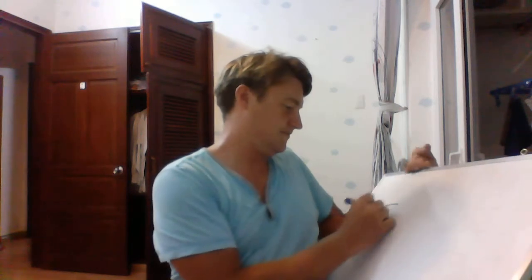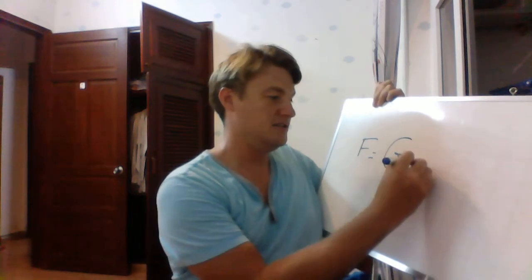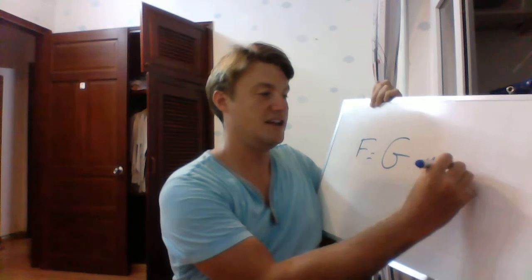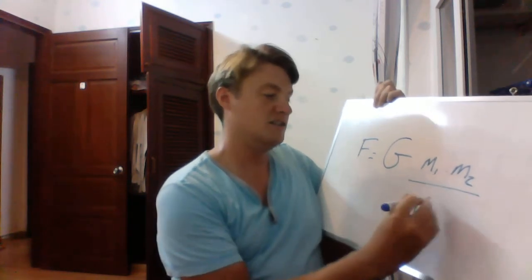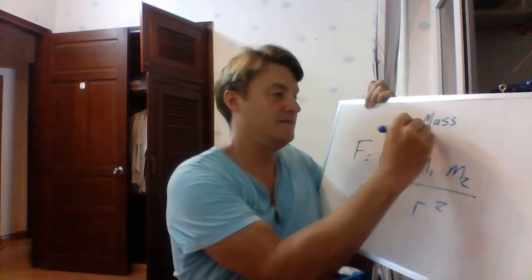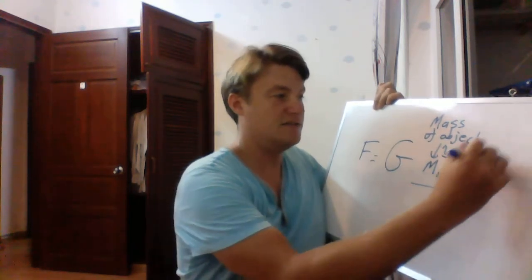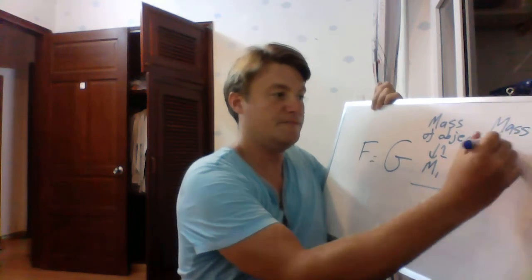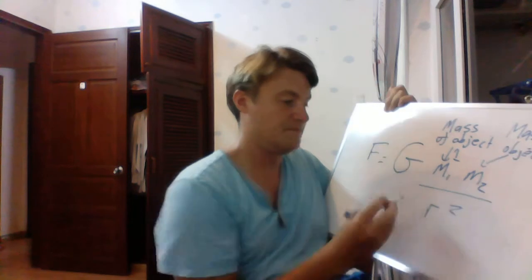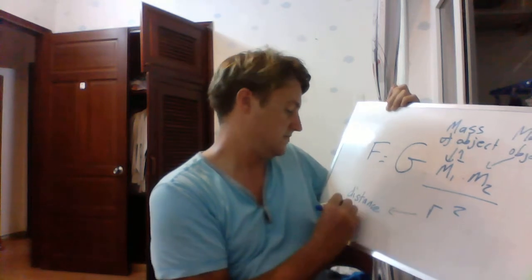And his equation looks a little bit like this, where the force is equal to the gravitational constant multiplied by m1 and m2 all over r squared, and m1 is the mass of object 1 and m2 is the mass of object 2, and r squared is the distance between